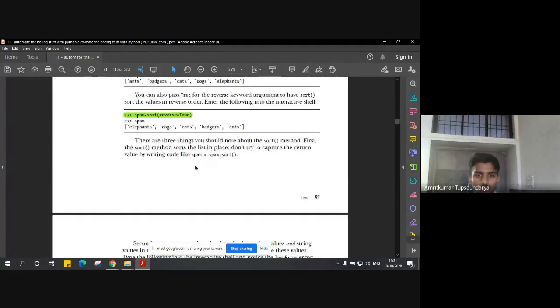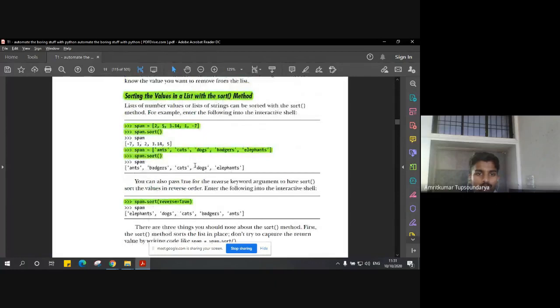And let's say we want to sort it into the reverse order. So simply passing the parameter reverse is equal to true will help us sort the complete list into the reverse order. So what we are trying to do here is sort the complete list in the reverse order by simply saying to the program that reverse is equal to true, right?